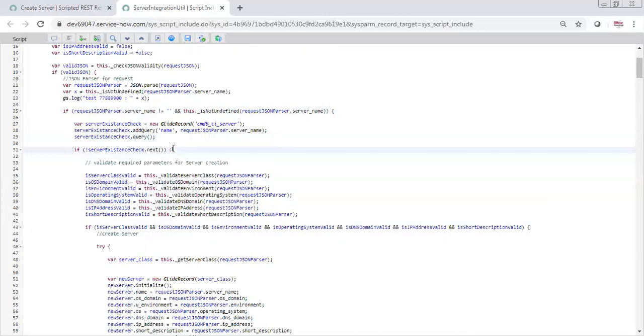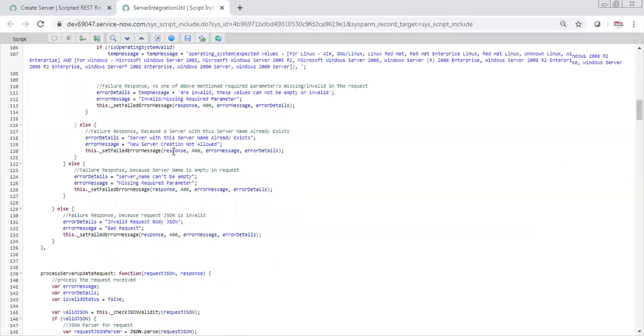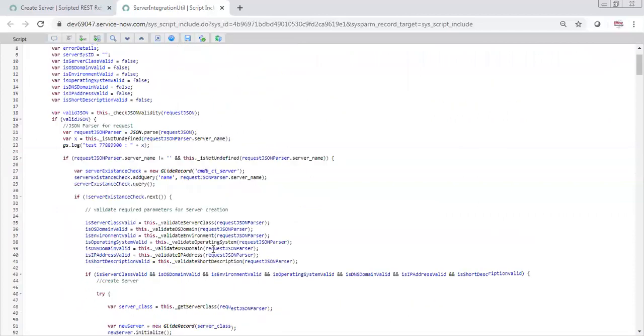If that server name already exists, then again come to the else part. And what you need to say: failure response because server with this name already exists. And then we are saying the message new server creation not allowed because server with this name already exists. And then error code 400, error message and response, we are calling the same function.